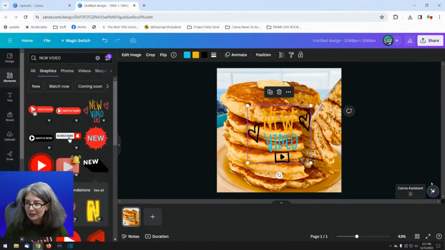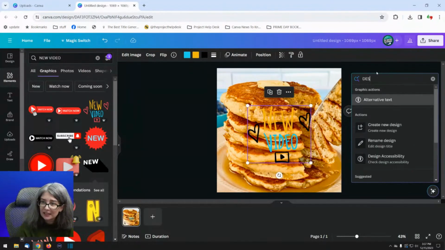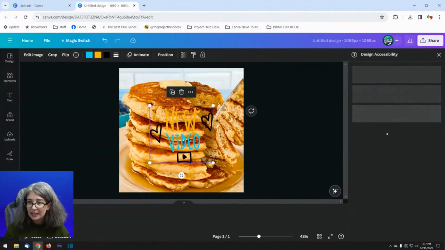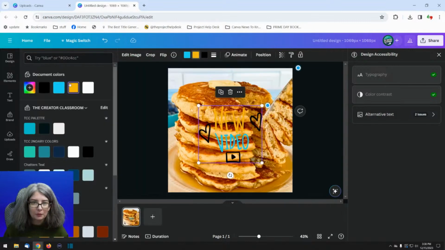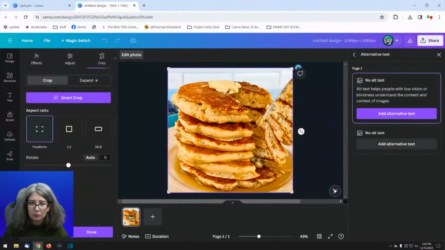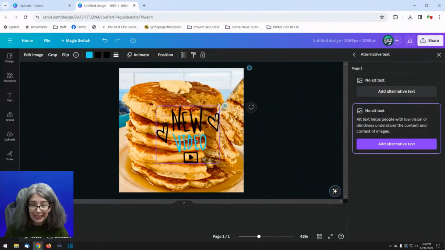All right, let's see. We're going to go here and design accessibility. And it should show me that there's, wow, I can't believe it didn't show me that there's a problem there. Because to me, you can't see this. So I don't know how it doesn't think that there's a problem. That's a problem too. That's funny to me. I can't believe it didn't show that there's a problem there.